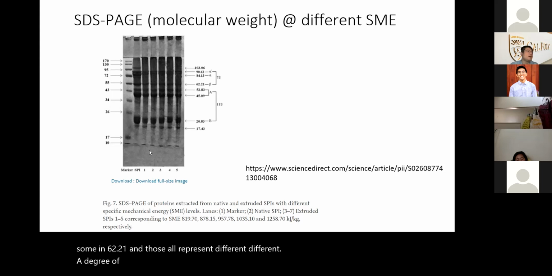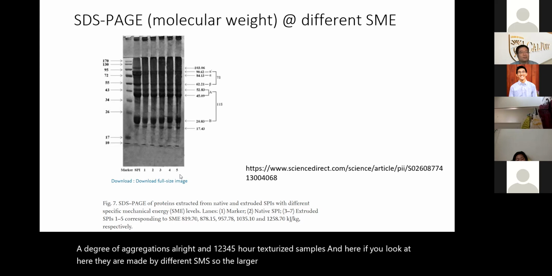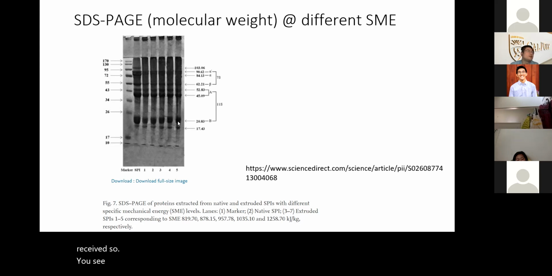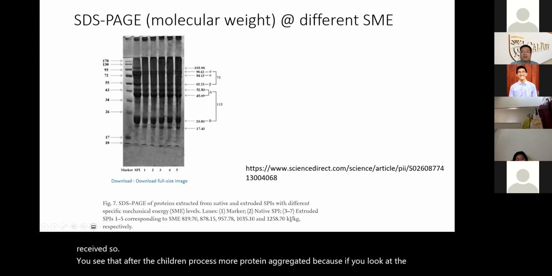All right, and 1, 2, 3, 4, 5 are our texturized samples. And here, if you look, they're made by different SMEs. So the larger numbers represent the larger SME it has received. So you see that after the fusion process, more protein are aggregated because, if we can mark it,